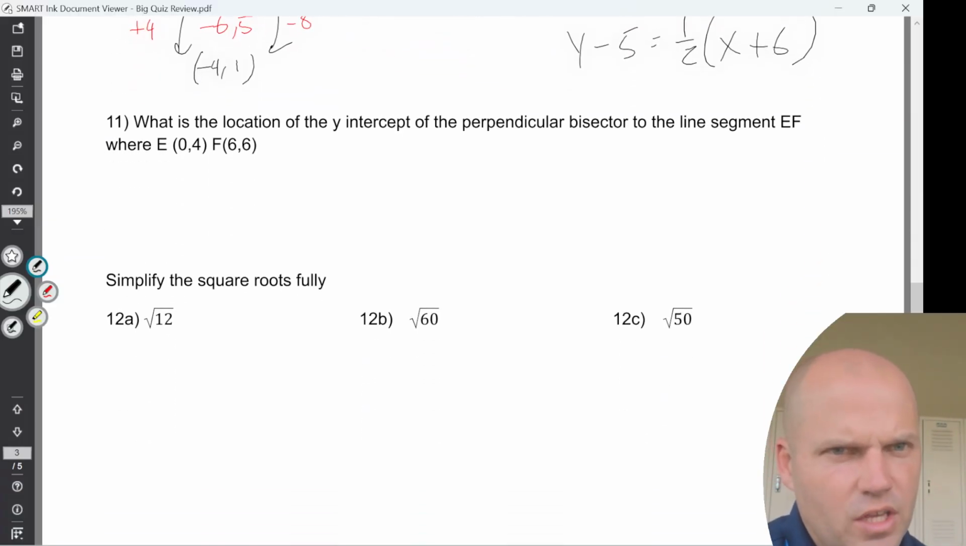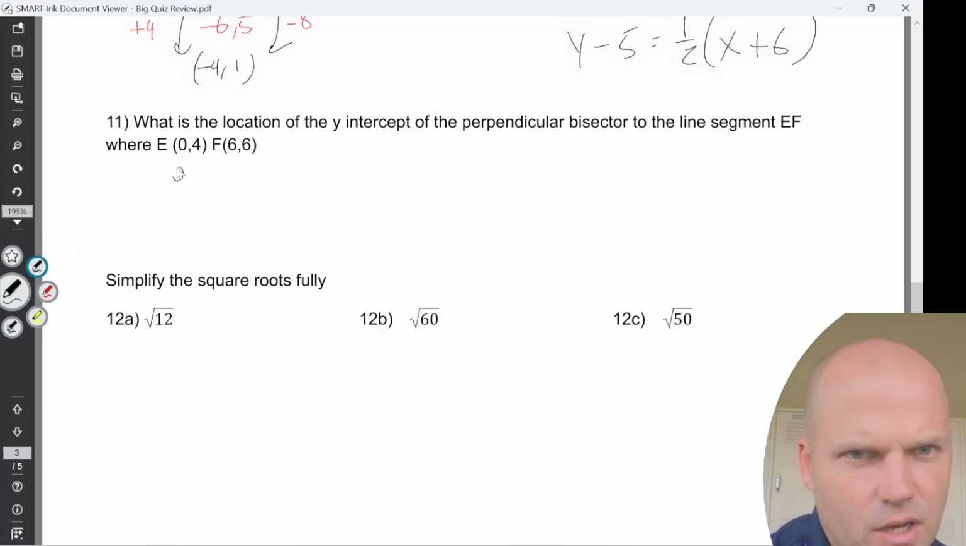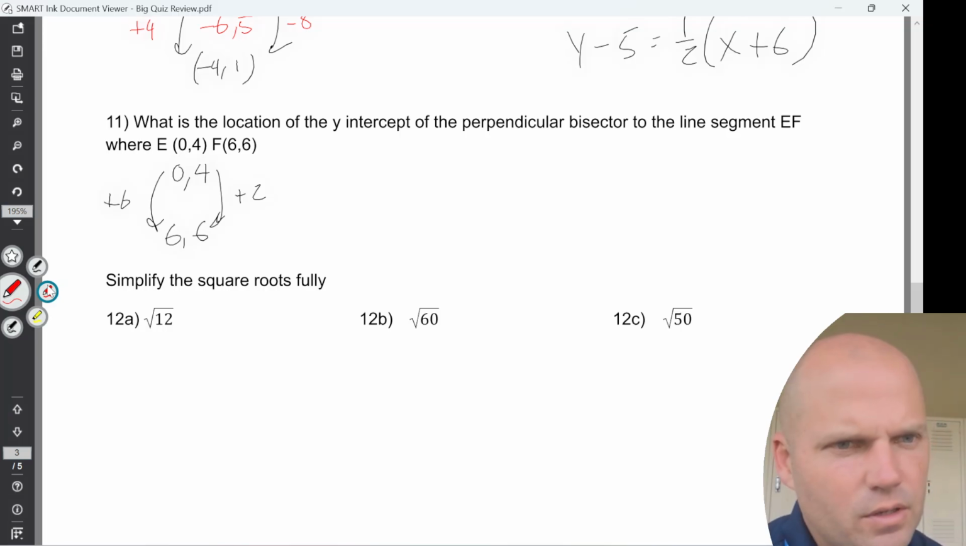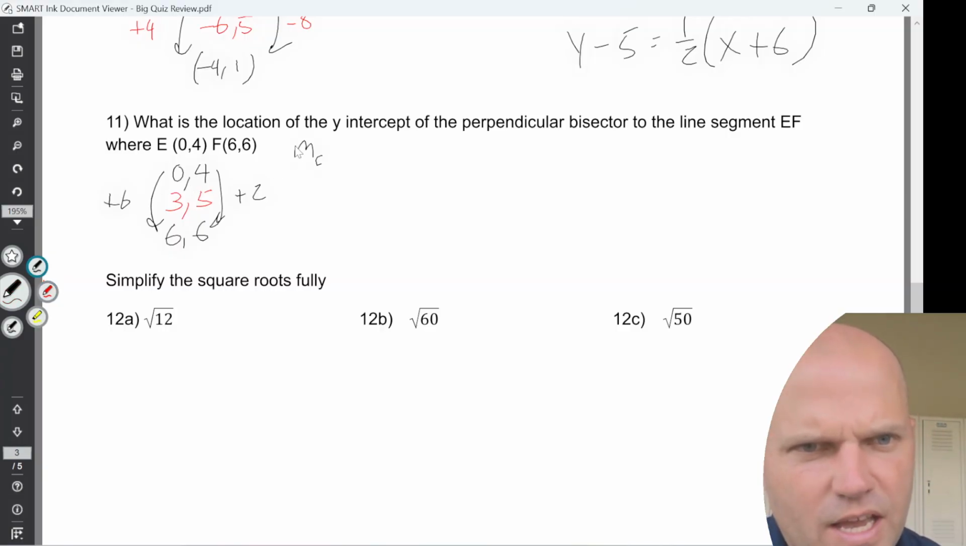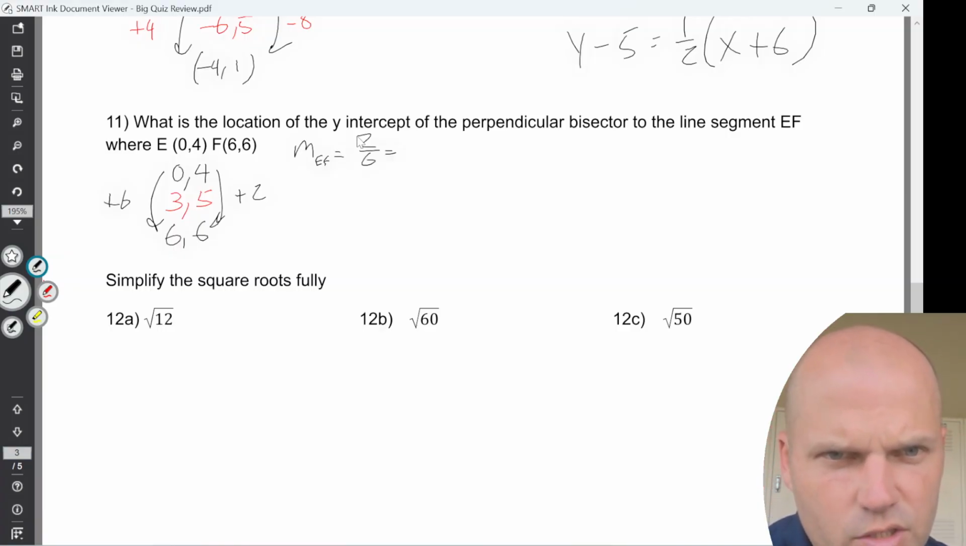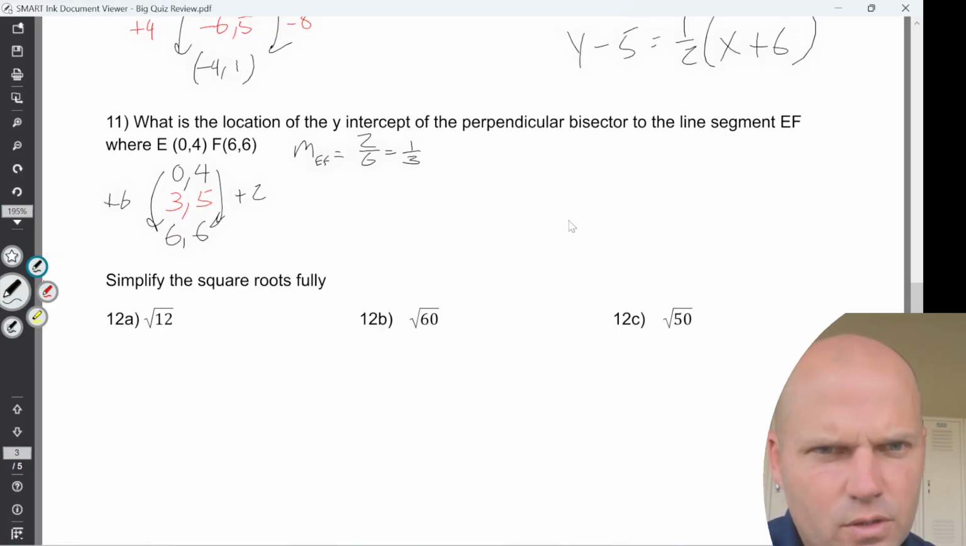Okay, we want the location of the y-intercept of the perpendicular bisector to the line segment. So we're going 0, 6. We're going 4, 6. I will go halfway by adding 3 to 0. I'll go halfway by adding 1 to 4. I have the point 3, 5. I see the slope of EF is going to be 2 over 6, which can be simplified to 1/3,